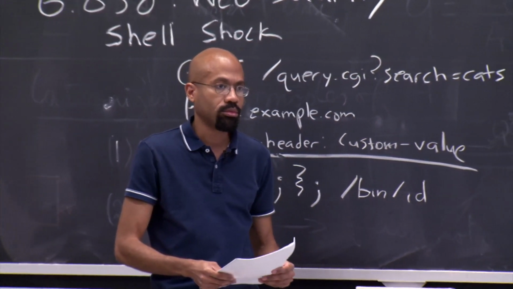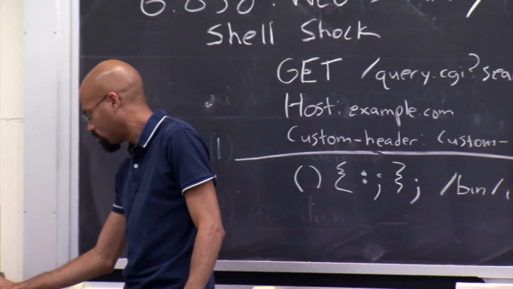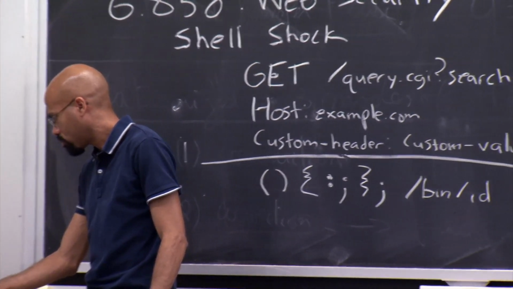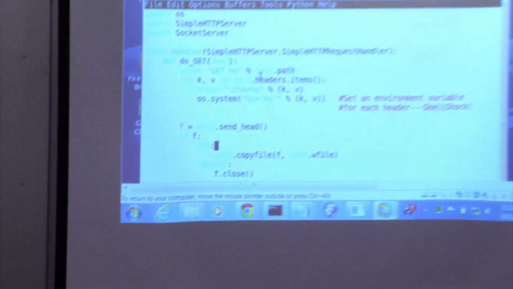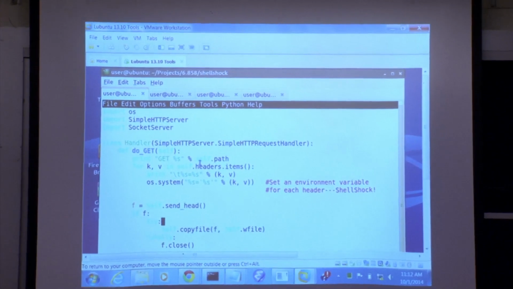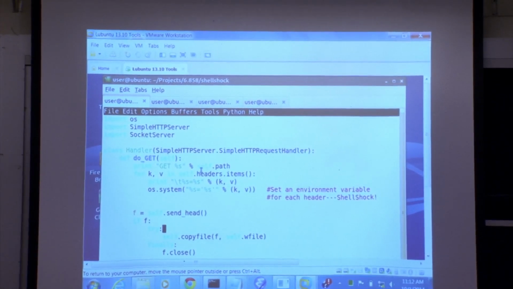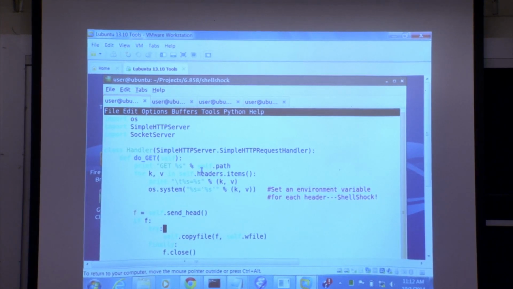So if you go back to your web server code, it seems that you have a much worse vulnerability than Shellshock because you're calling os.system. I can execute a command just by setting the custom header to something malicious. I don't have to use the Shellshock bug. That's correct in this example. In this particular web server, which was something I wrote just for teaching value, you shouldn't trust this thing for anything. But the Shellshock exploit was on assigning something malicious to an environment variable using setenv or something like that.